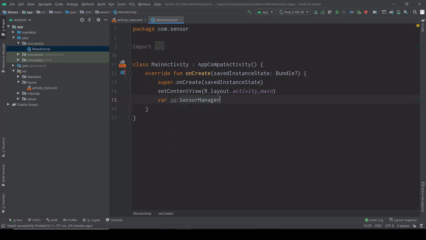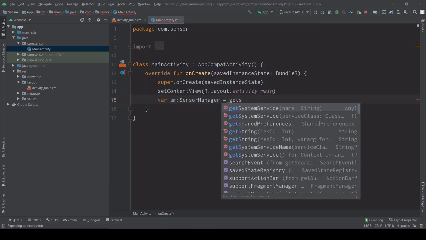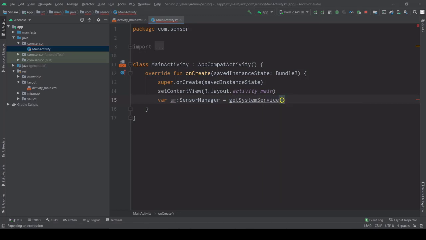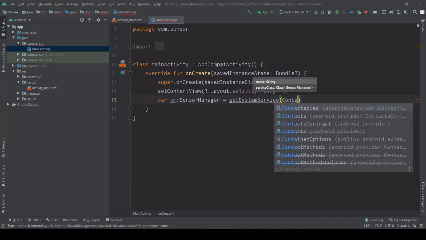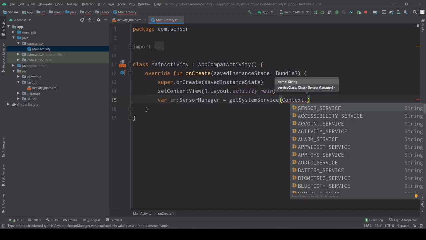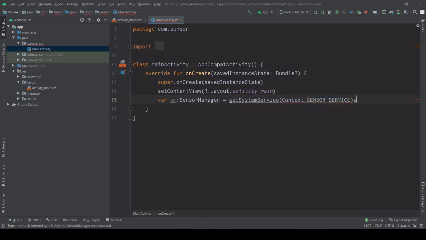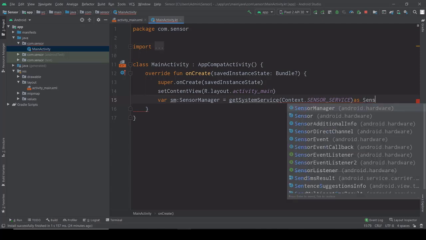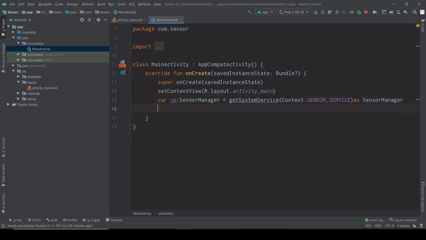For the sensor manager, I get the system service for sensor reading, using context dot sensor service as sensor manager. Here we get the service from Android, and through the sensor service it is stored through the sensor manager in the SM variable.